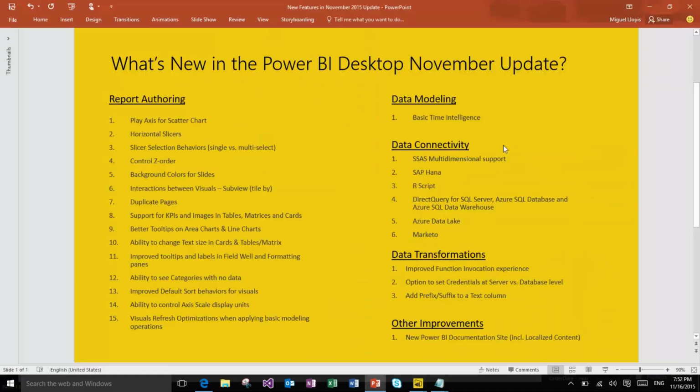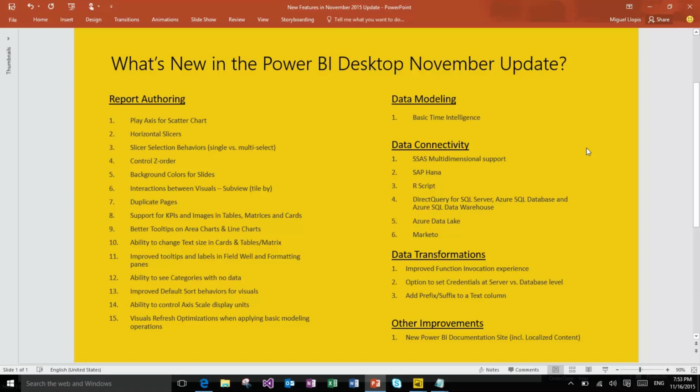The second new connector this month is a new connector for SAP HANA. So SAP HANA is a very important enterprise BI data source, and Power BI connectivity is something that many of our enterprise customers have been asking for. We are adding this new connector that will basically give you the opportunity to start connecting to your information models in SAP HANA. That includes analytic views and calculation views,